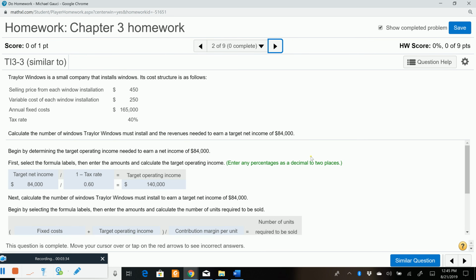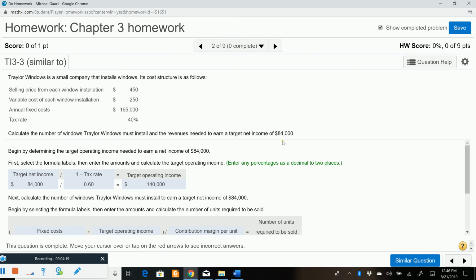Okay, so a little break-even analysis here, a little target profit analysis. In the next homework question, it's a little bit different because instead of targeting a certain operating income, we are targeting a certain net income. And remember, the big difference between operating income and net income is your tax expense. So when we're trying to figure out target net income, we always need to know what our tax percentage rate is. In this case, it's 40%. So we need to calculate the number of windows we must install in order to earn a target net income of